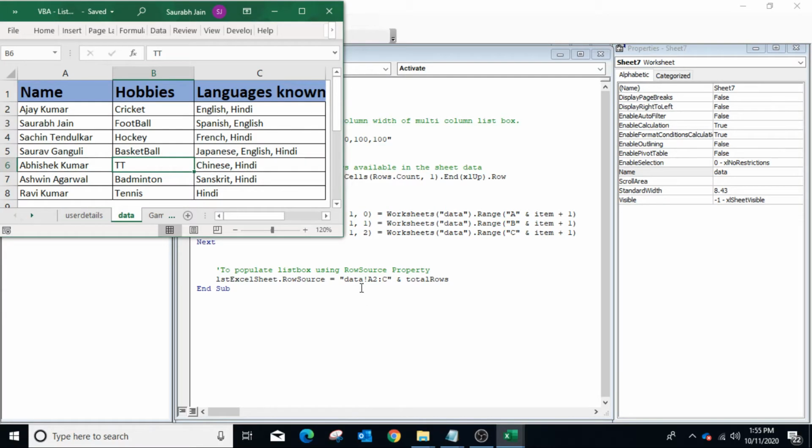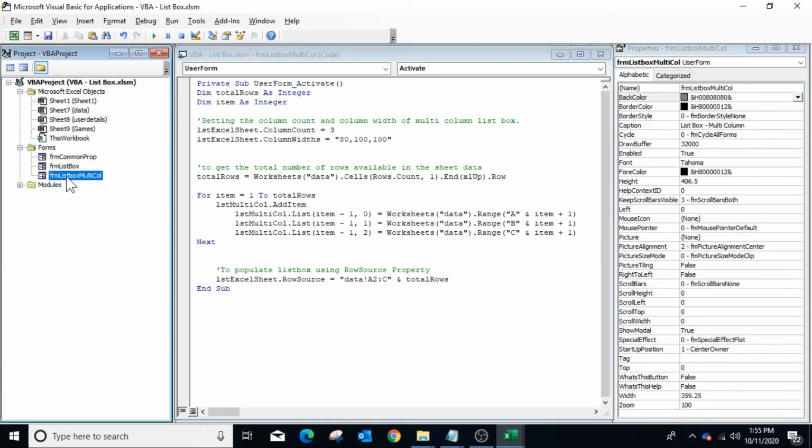Do not include the row having the column names when specifying the range for the row source property. VBA will automatically use the row directly above the first row of the row source range. In our case, we have used the range from A2 because row number 1 contains the column headings.